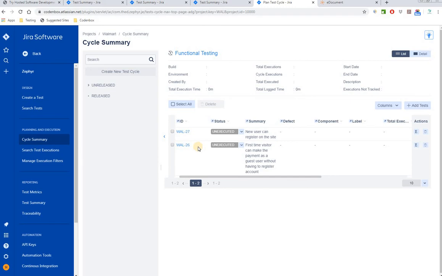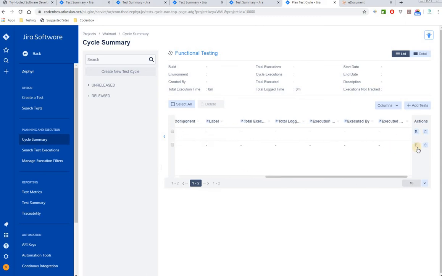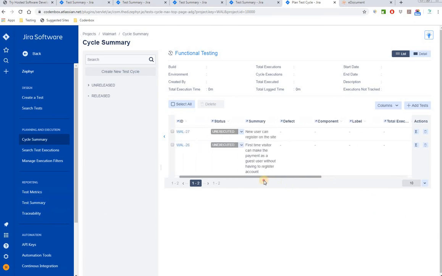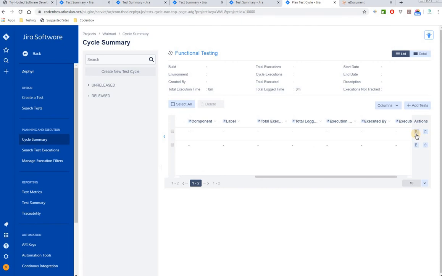Very good. Then next, our task would be to execute these two test cases. Okay, we'll do it manually, so we'll see how we can do it. So now to execute these two test cases, we can execute from here, or we can execute under the test summary too. Let's see how we can do it from here. We can see here E is the action for execute. E means execute. If you click on execute,